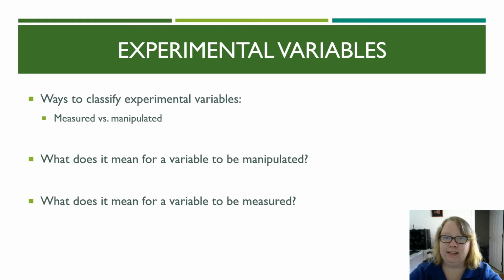So after I give them that manipulated feedback of positive or negative, then I would give everybody a mood scale and I would measure what their responses are. Now, importantly, in that mood scale, that measured variable, I'm not messing with that. So I'm not giving people different mood scales, right? Everybody's getting the exact same mood scale, no matter what condition they're in,